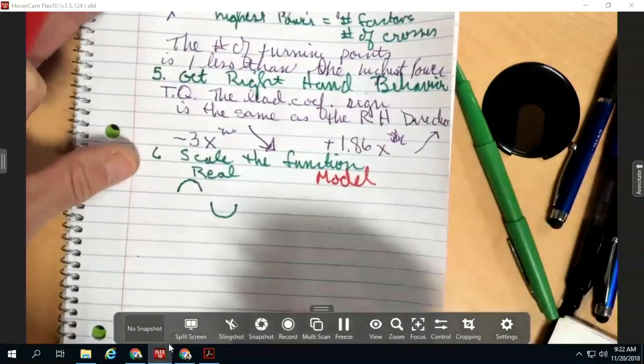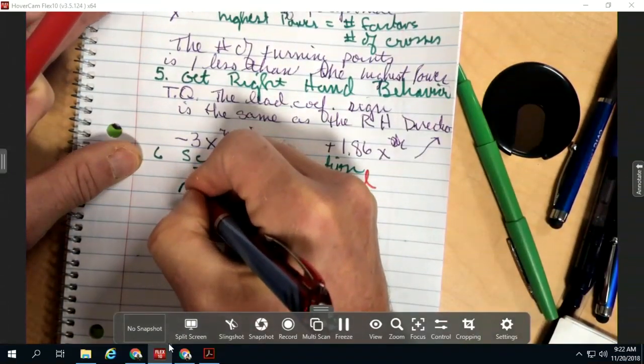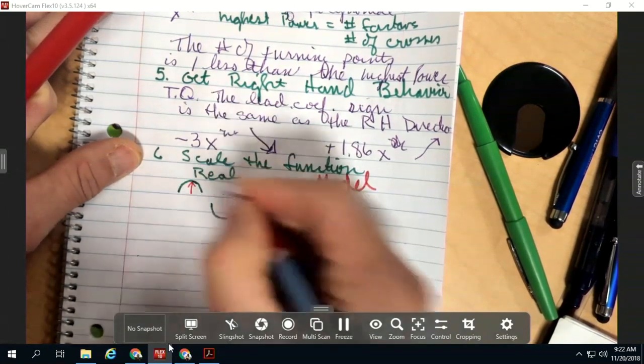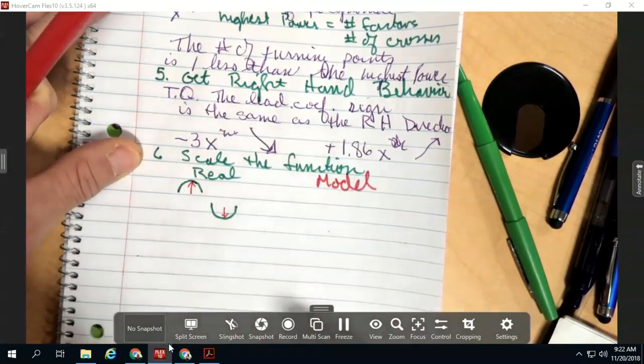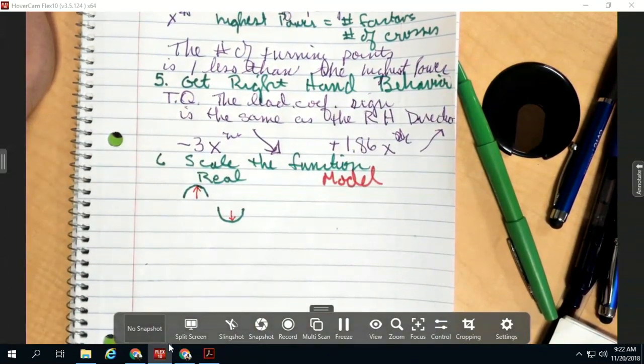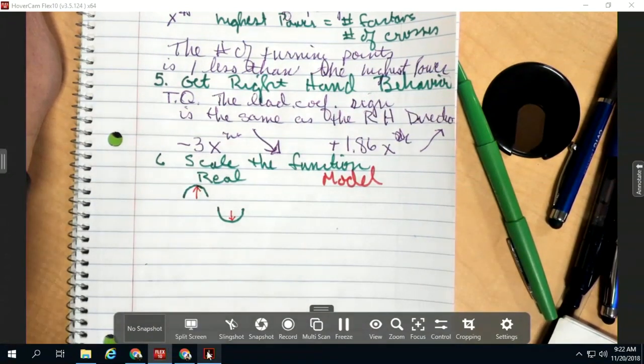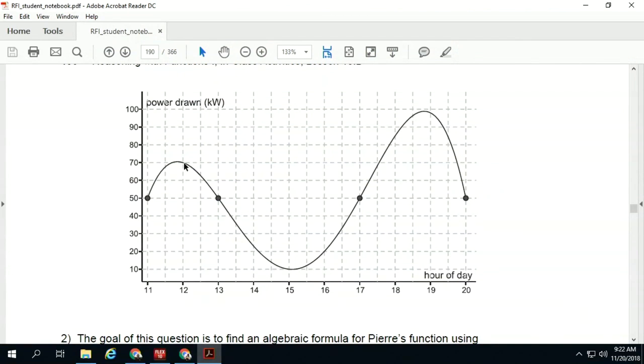Okay? How far apart is the top from the bottom on their graph? How far is it from here to here? 60. On your model,